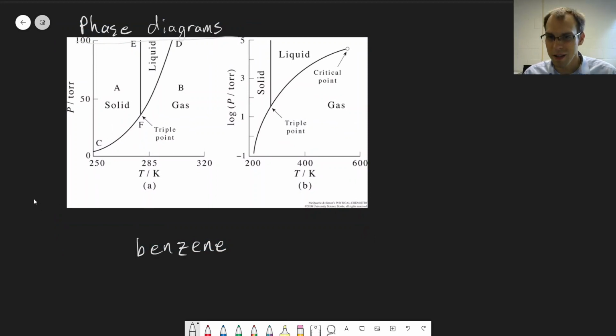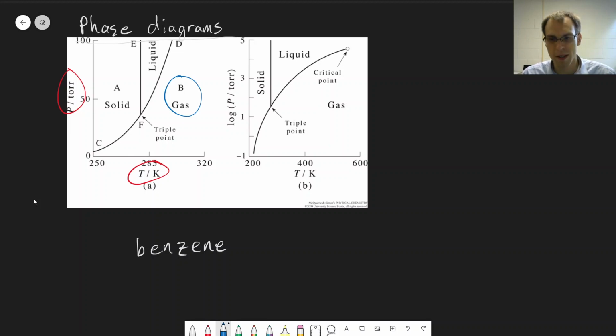So looking at benzene, the way phase diagrams work is that we are plotting different pressures and temperatures, and so that will help us to see what's the behavior of this substance as we change pressure and as we change temperature, which is often the things that we're interested in looking at phase transitions. So we're thinking about things like when is something a solid versus liquid versus gas, and we can see here on this benzene phase diagram, and this is generally true for phase diagrams, as we go to very high temperatures,